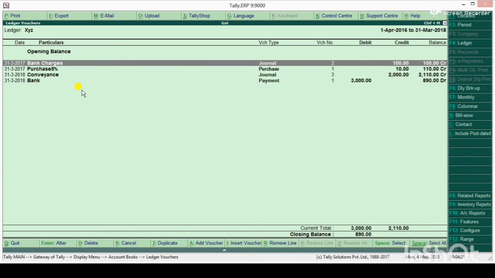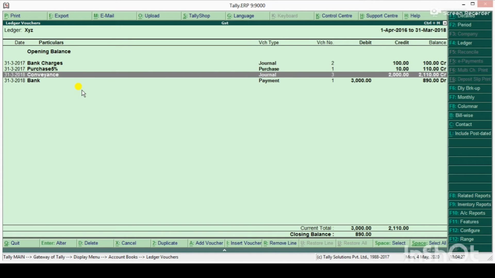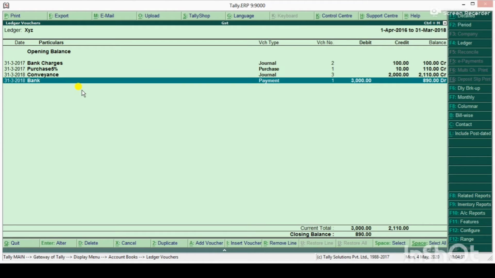So if we want to track any negative item where balance is going negative, we can check from where. For example, in this the creditor has created balance up to this transaction, from this transaction onwards a debit balance comes, so we can track and use this running balance function.